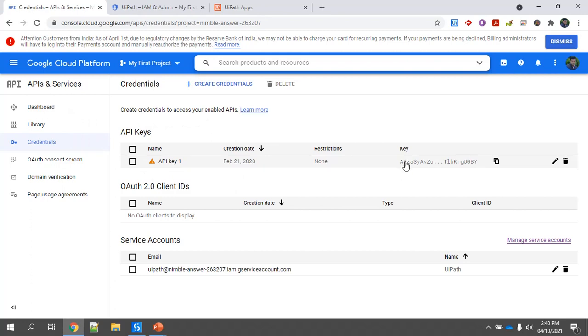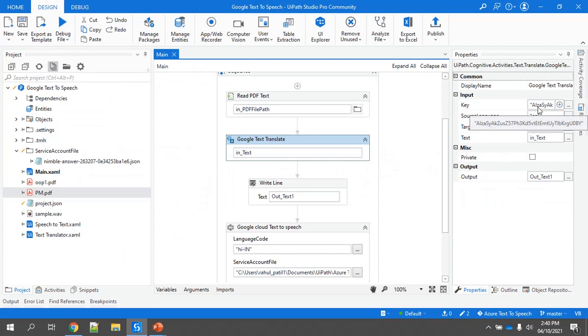So this is the API key that we have received here, and the same API key we have passed here for the key property of the Google Text Translator activity. And for the remaining, the source language is English and the target language is Hindi, that we have provided here. This format can be found in the Google Cloud documentation, what is the expected format for the languages. You will get it from there.